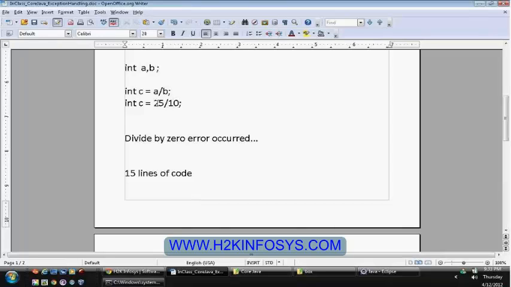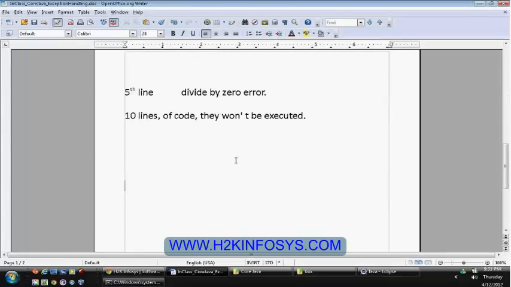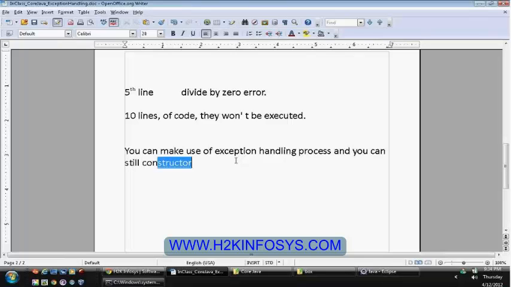So the issue arose from the client's data, not from the code that we have written. In these cases, instead of halting the execution or terminating the program, you can make use of the exception handling process, and you can still continue the rest of the execution.